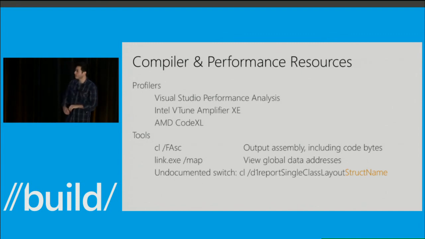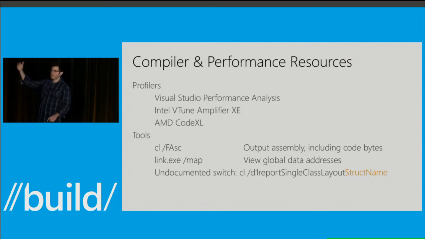There's an undocumented switch. This one's a doozy. /d1reportSingleClassLayout, and then you give it the name of the structure that you want to see the class layout or structure layout for. That's going to give you how the compiler is going to lay out your class, or how it's going to lay out your structure. So if you've got a struct that's got an integer followed by a bool, followed by an array, followed by a pointer, and the struct is called blah, you can do CL /d1reportSingleClassLayoutblah,